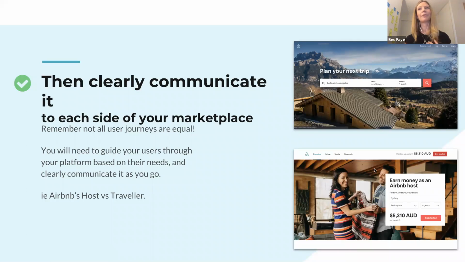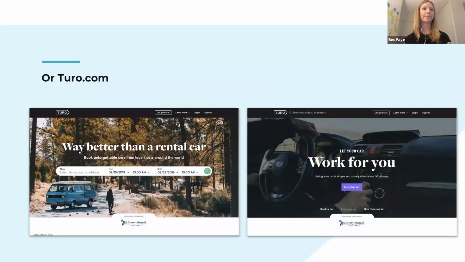Now, it might seem obvious, but I do see a lot of people try and have a homepage that communicates to everyone in one go. And in actual fact, a lot of people will tend to come in as one particular user, and if they're interested in becoming a supplier, generally they'll go and find the supplier button, or they'll come in via a back door, essentially straight onto that supplier side. But it can be different for each website.